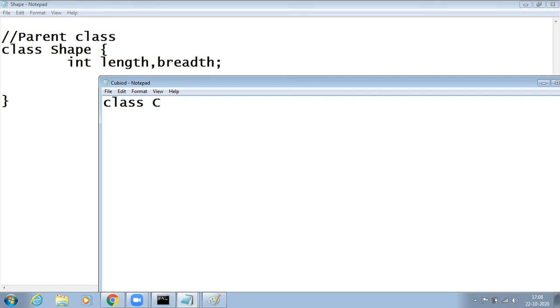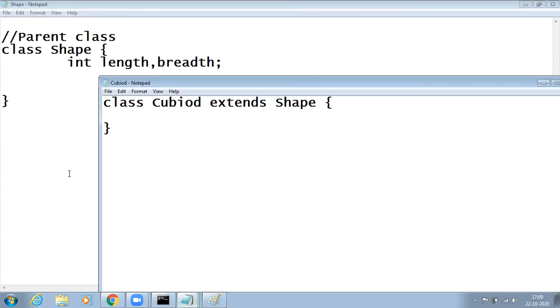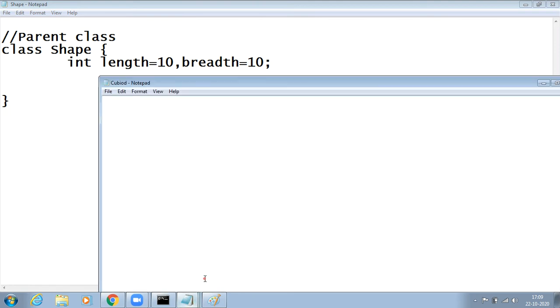See, class Cuboid extends Shape. Currently my Shape doesn't have any methods, it has only two properties, length and breadth. I just want to show you how to use the super keyword now. Shape has some basic properties like length equals 10 and breadth equals 10.